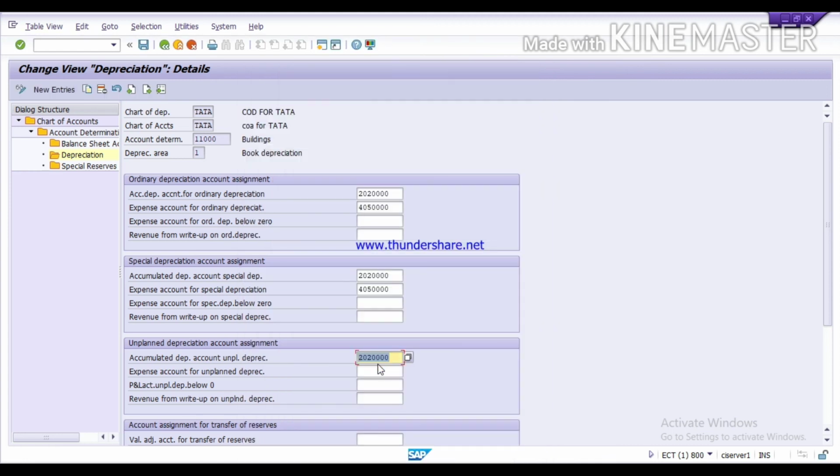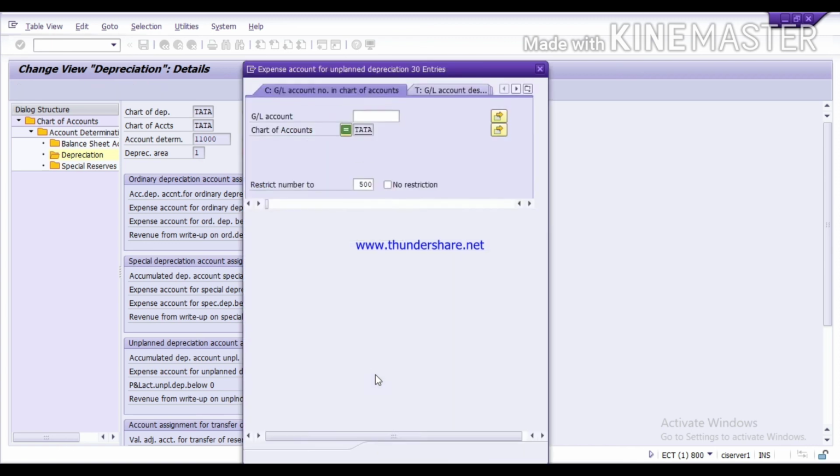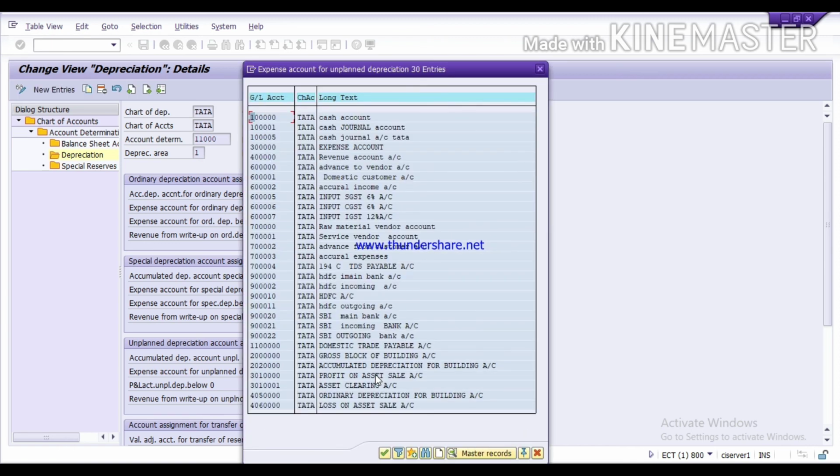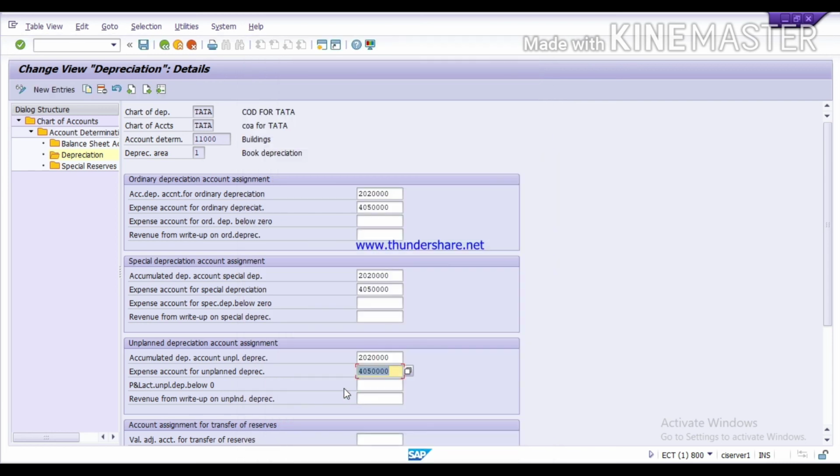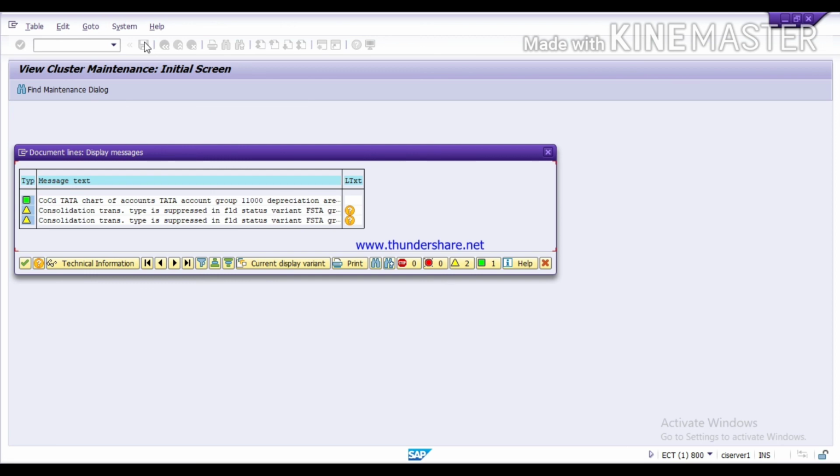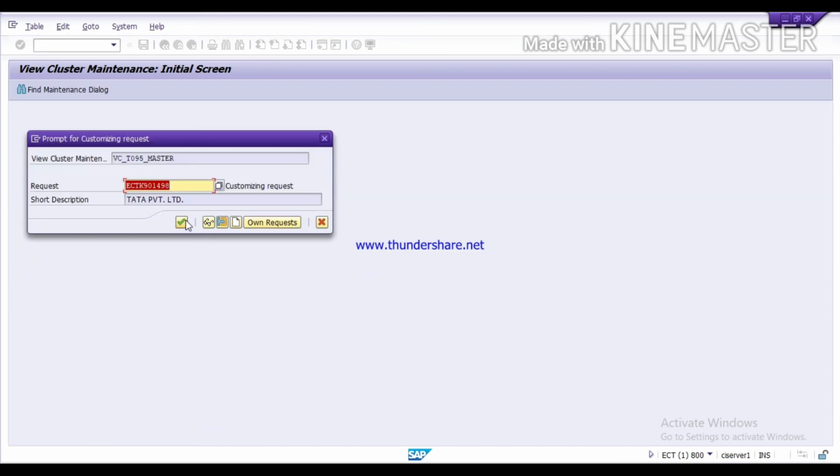First we will assign accumulated depreciation and then the depreciation expense. So like this you have assigned the GLs for your depreciation here, and in the balance sheet account you have assigned all the balance sheet GLs. Now click on save. Continue.